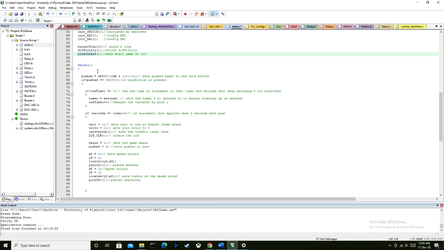After that, it's going to go into the while loop. This is the main game loop, and it's only going to go any further if you hold down the blue button for 2 seconds. So this is it needing to be pressed, and this is a one-time if statement again, making sure that timer and seconds. What this does is it takes the timer at whatever point it's on. It's going to take that point and say this is the beginning point for seconds. This is the 0th second, and then every second after that is going to increase the value of seconds by 1,